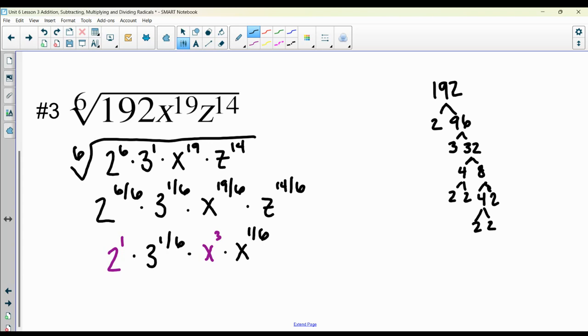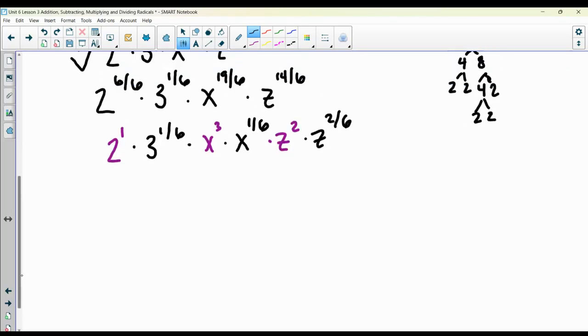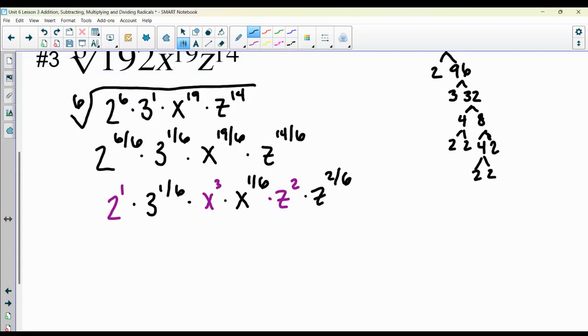Similarly, z to the 14/6, we can think about that as a mixed number of 2 and 2/6. So that would mean that z squared would be the item that would come out, and then z to the 2/6, that would be the element that would stay inside. So how does this translate back to a radical? All of the purple would be what would come outside. So we have an x to the third, a z squared, and then inside the radical, this is a 6th